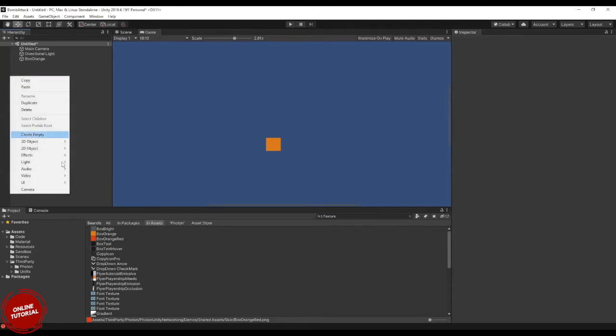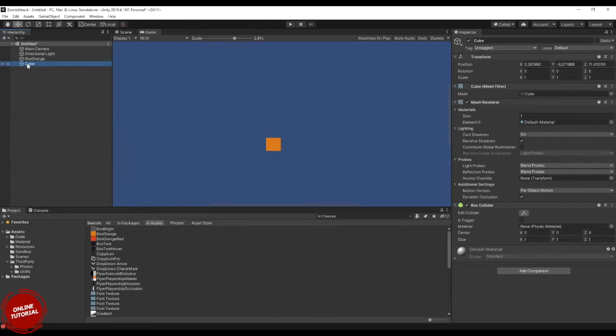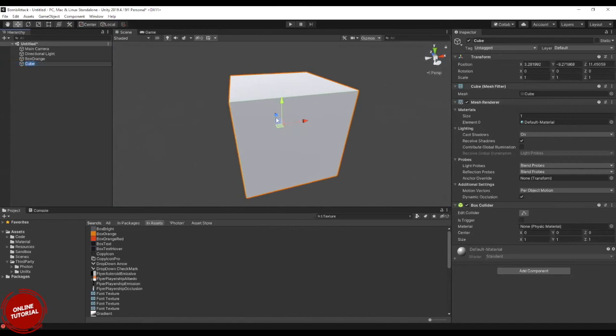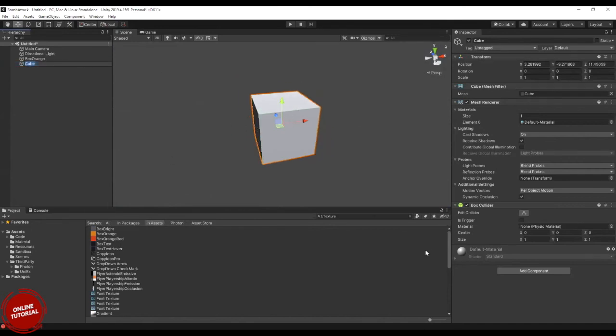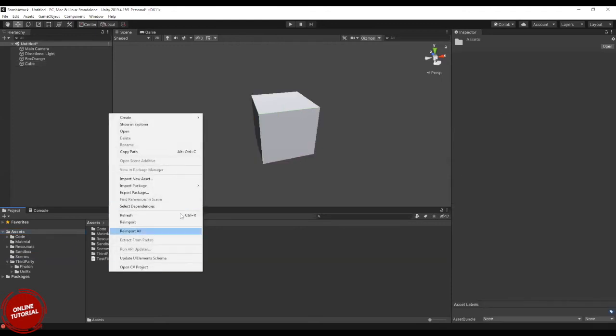For example, I will take this cube. Okay, where is this cube? Let me go to the cube. This one has, I guess, a plain default material. What I will do is create a new material.